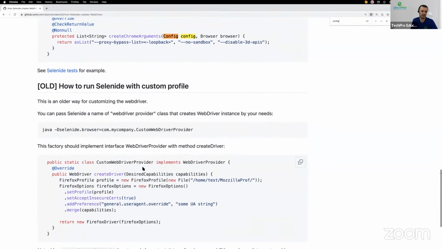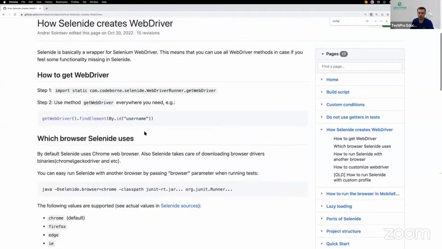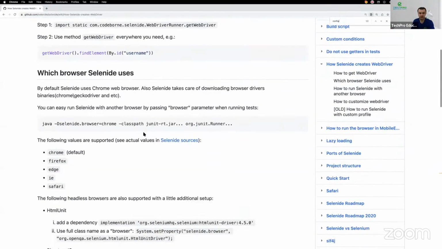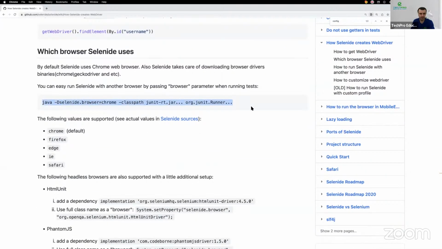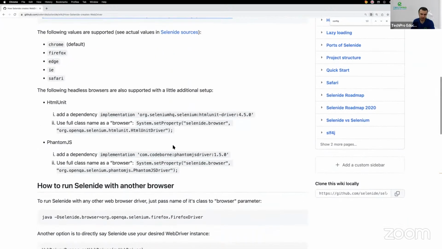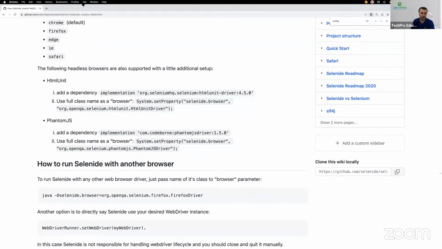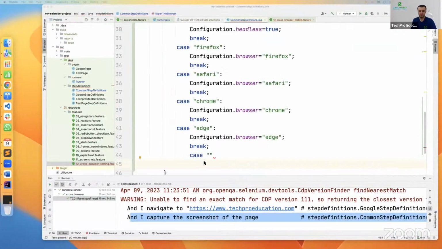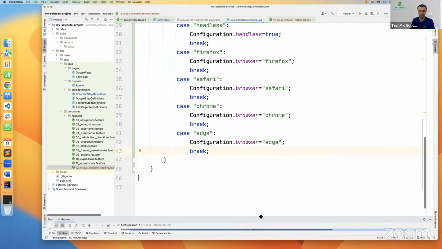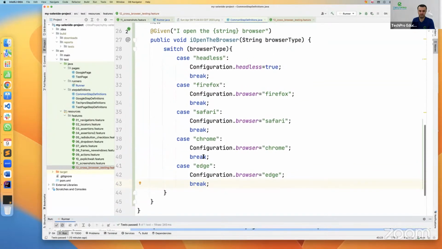But this is also a possible way to do cross-browser testing. You can either run with these commands in the browser, or use that for configuration, or the thing that I'm showing you right now. All right. So that is pretty much it. Let me close the last one. Right. Now we created a